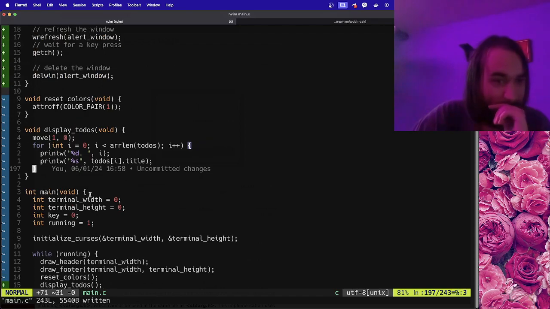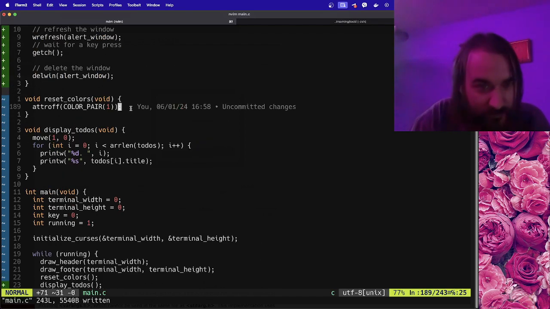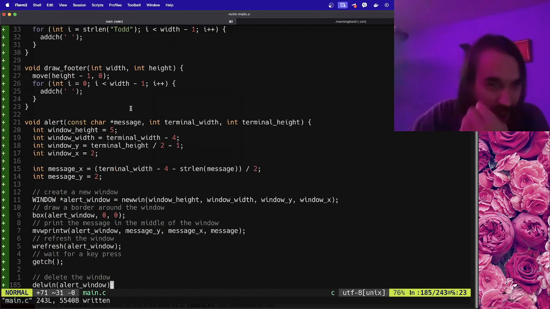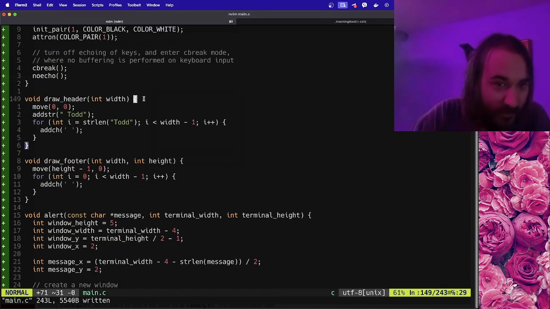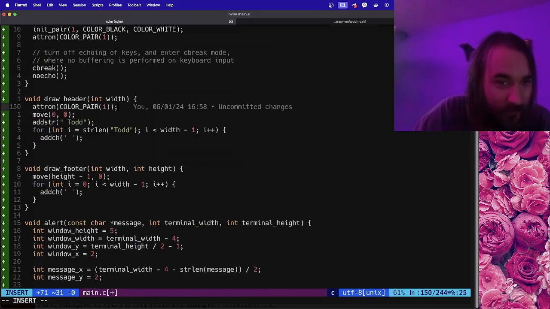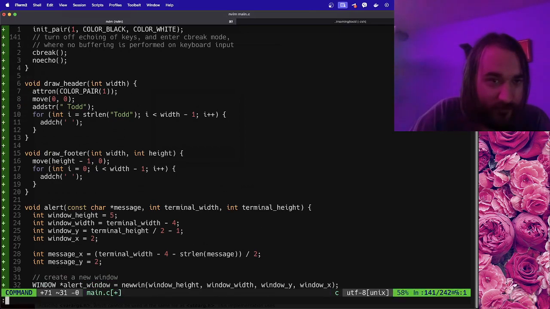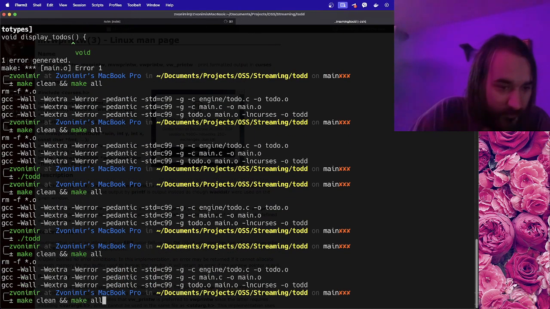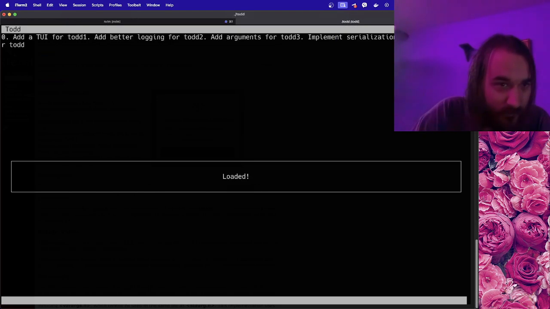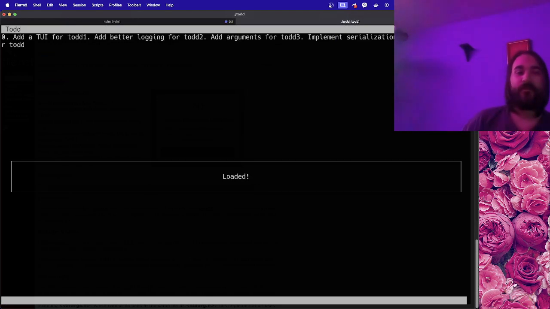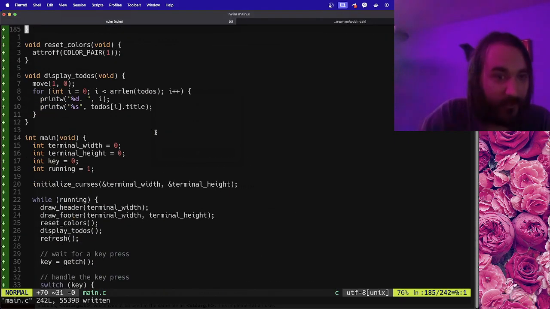So yeah, let's basically just do a color pair in the header. We can move this here. Let's do it like that. Okay, cool. So what we're gonna do